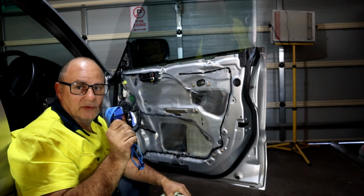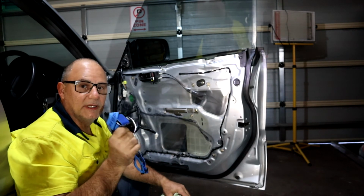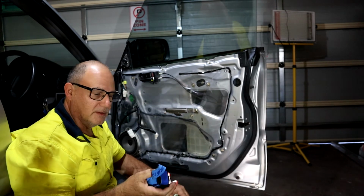And also don't forget to take your headlamp out that you left inside the door before you go too far down the road. And anyway, that's